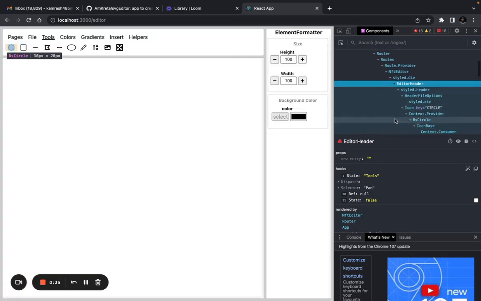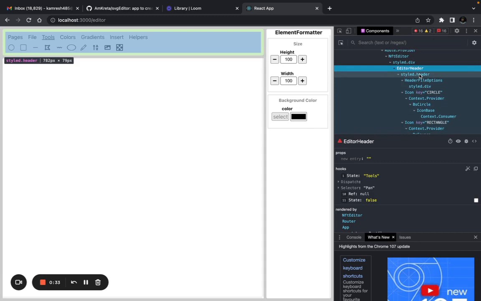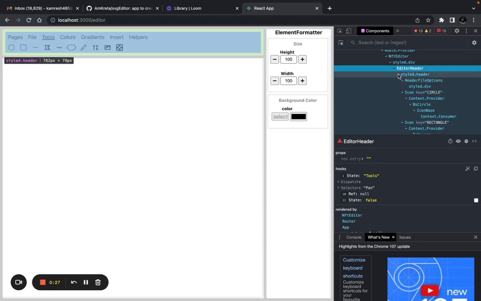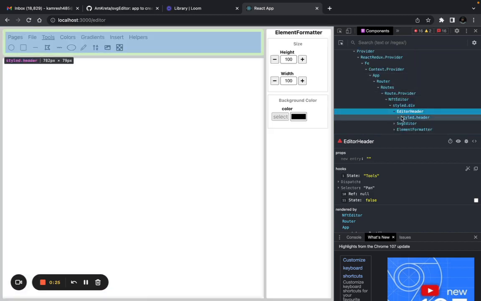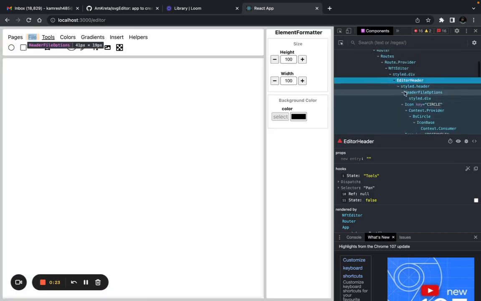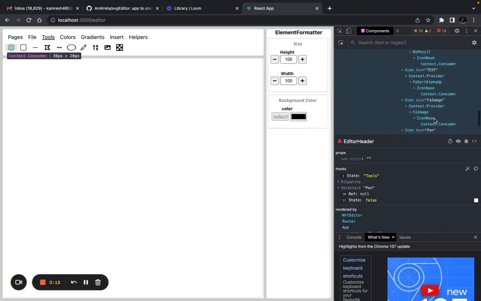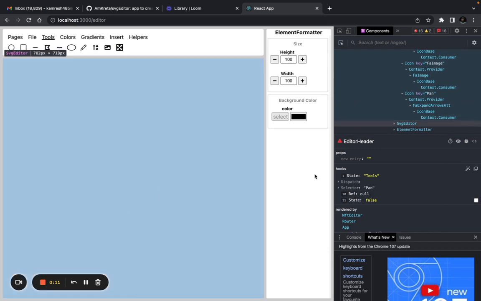So in editor header we have some options like file. One second. And then some tools. Okay, so